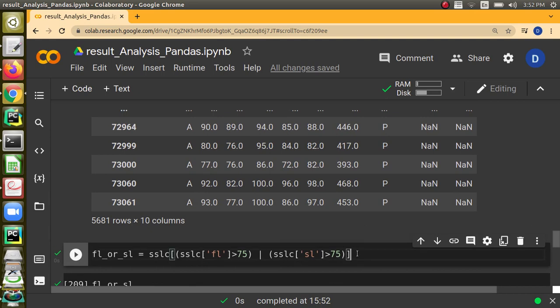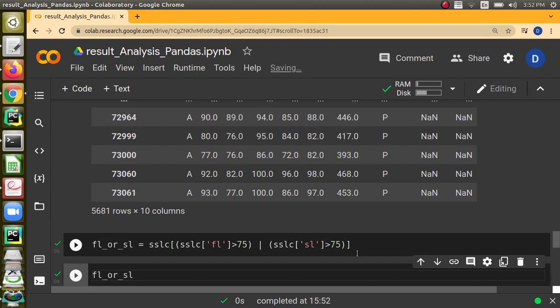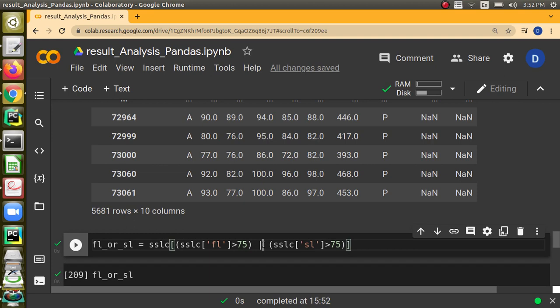Next, we are going to see how to create a data frame with students who have scored greater than 75 either in first language or in second language. For that, we can use the logical OR operator. Logical OR operator in Pandas is the single pipe symbol.